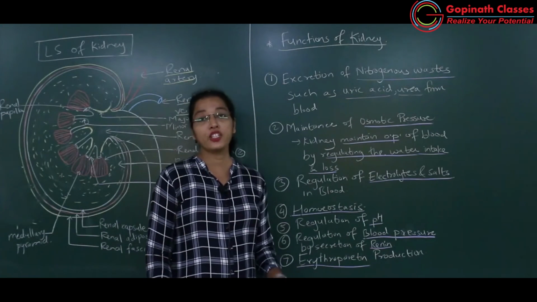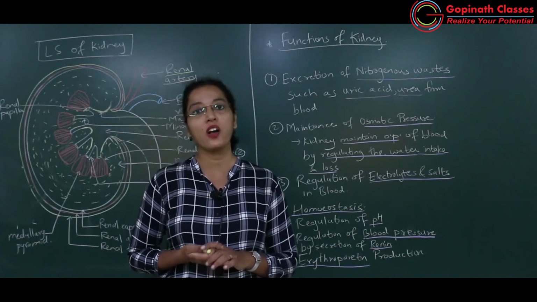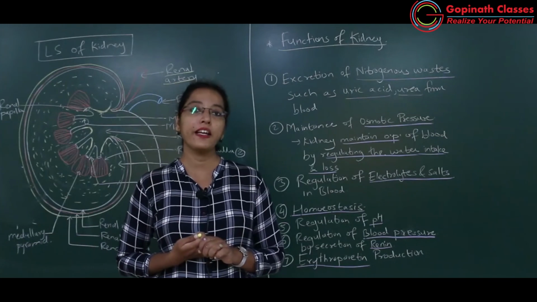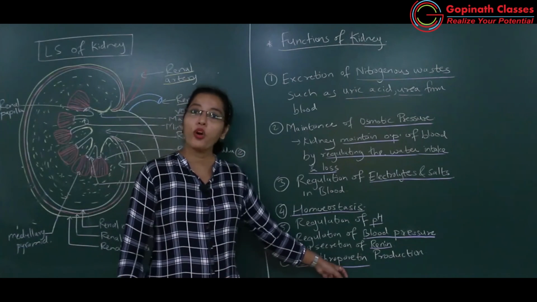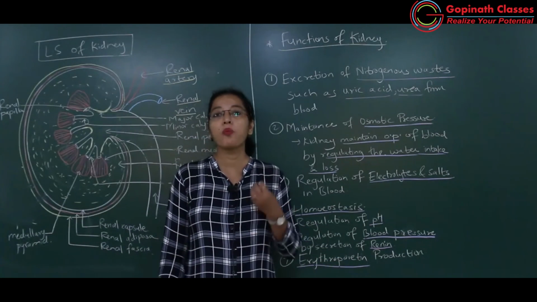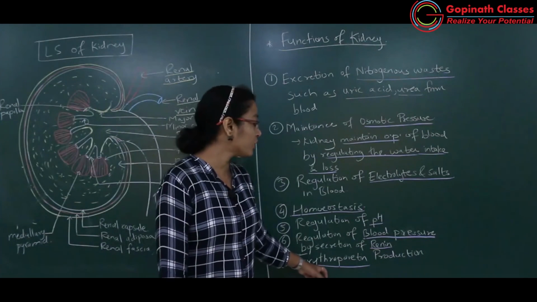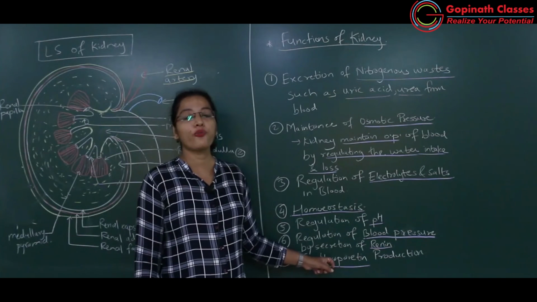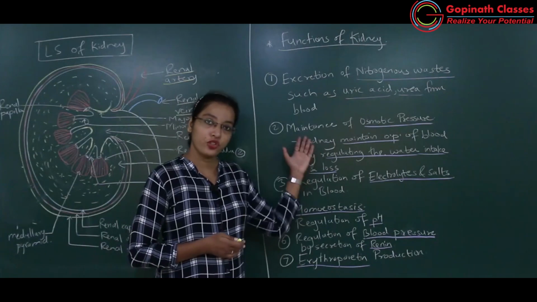Very important, it is also responsible for hormonal control and formation of the RBCs because it produces erythropoietin hormone, and erythropoietin नाम में ही सब कुछ है. Erythro means erythrocytes, poietin means formation. So it induces or stimulates bone marrow to produce more RBCs. So erythrocyte production will increase if there is proper secretion of erythropoietin hormone from the kidneys. So this is all about the functions of kidneys.